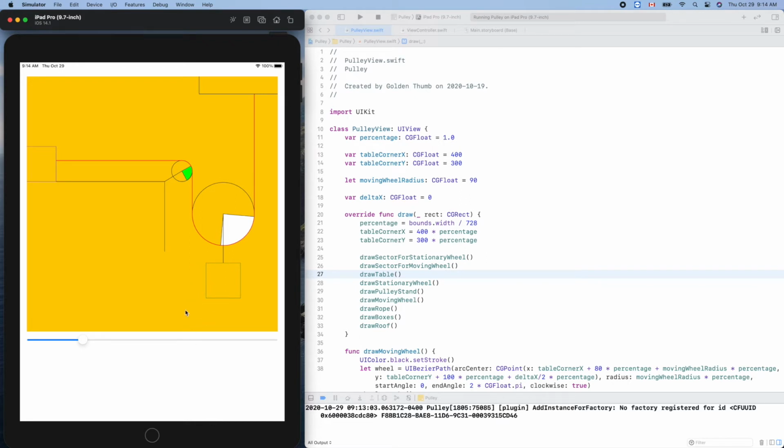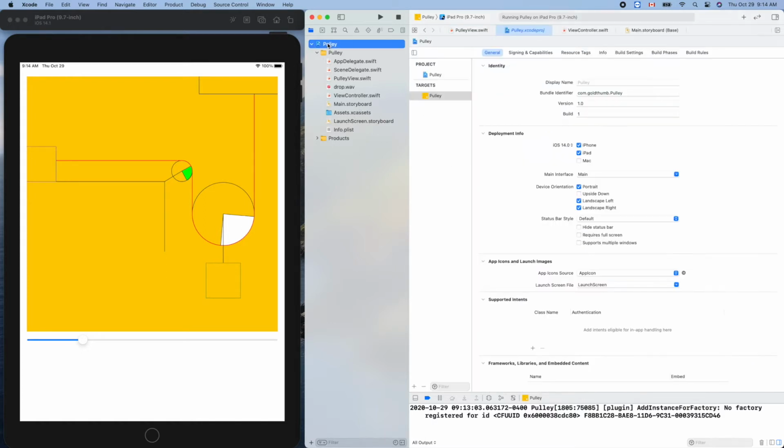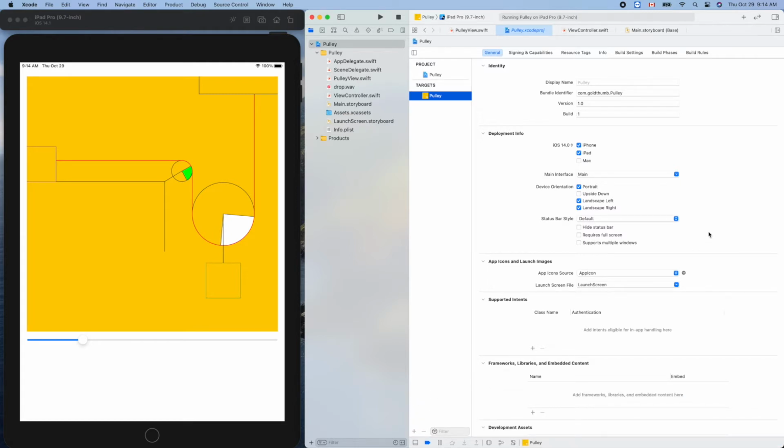So let's disable the rotation. Okay, so there's one way to do that here. So let's show this left-hand navigation panel. Click here, the top one. This is the name of the project. And with this target selected, we don't need the bottom one here. So you see here,